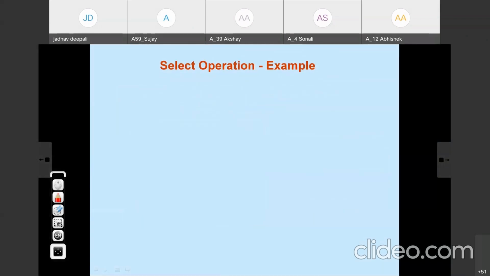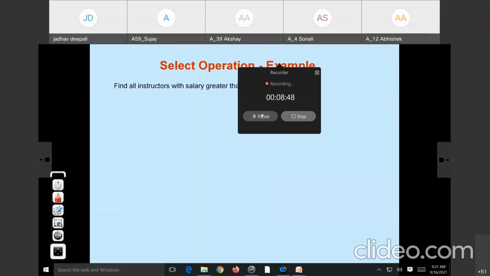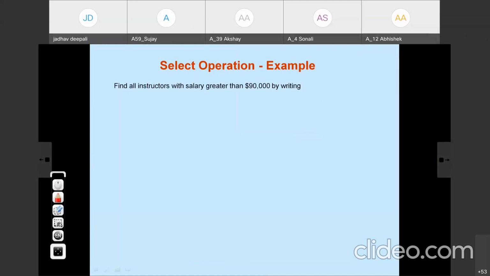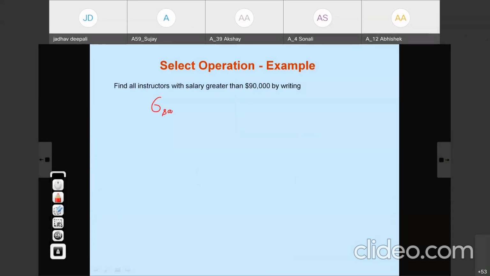Okay, select operation, another example: find all instructors with salary greater than 90,000. The simple query that I write is sigma, with the predicate salary greater than 90,000, on the argument relation instructor.